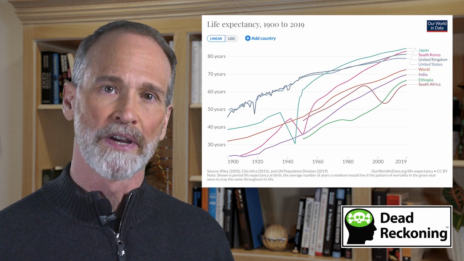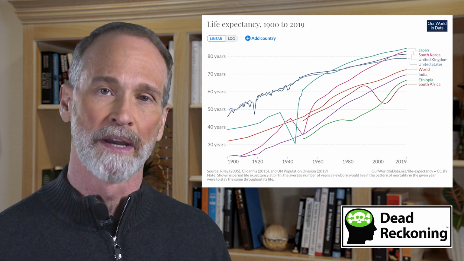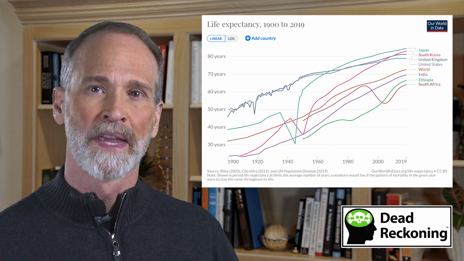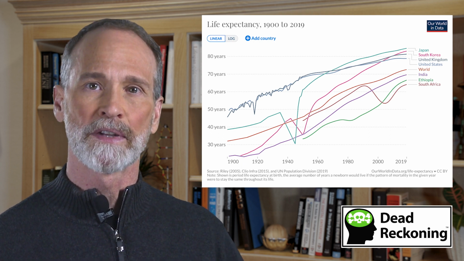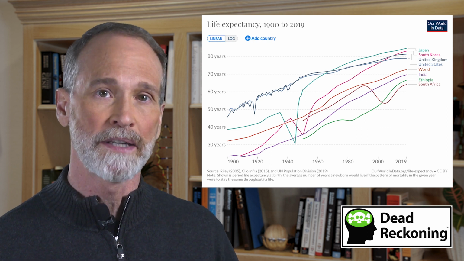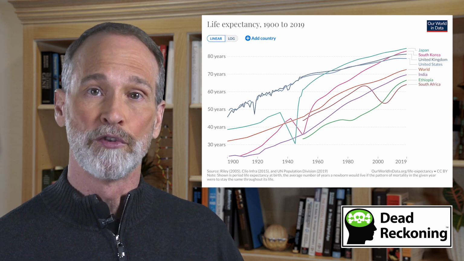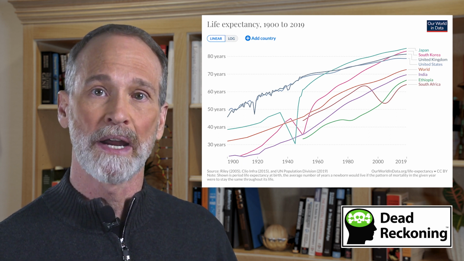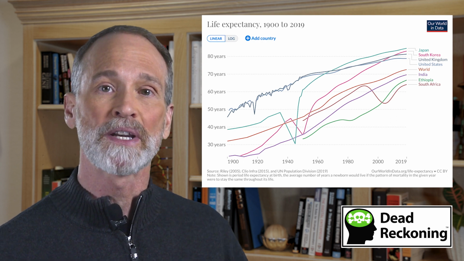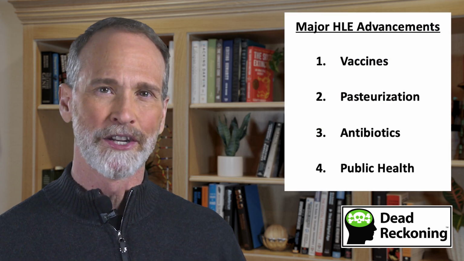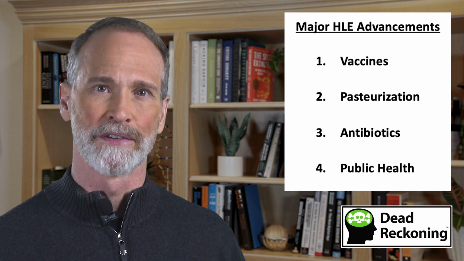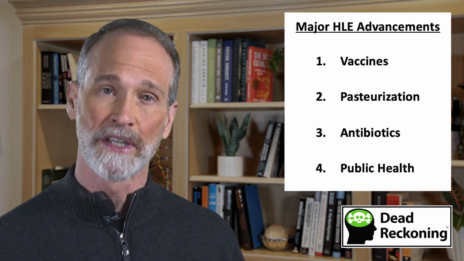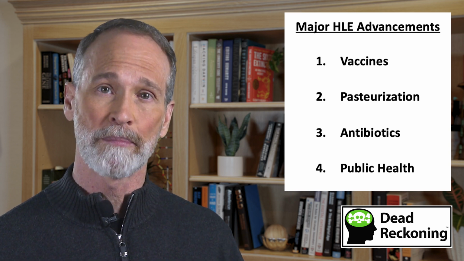The reduction in child mortality was a primary driver of the increase of human life expectancy, but what was allowing children and adults to live longer? Key advances in science, medicine, and technology starting in the mid-1800s made this possible. Advances in food, water, and energy technologies resulted in more secure and sanitary supplies of food and water, and more safe and ubiquitous supplies of energy. In addition, 4 big medical advances in the mid-20th century significantly increased HLE: the development of vaccines, pasteurization, antibiotics, and public health.